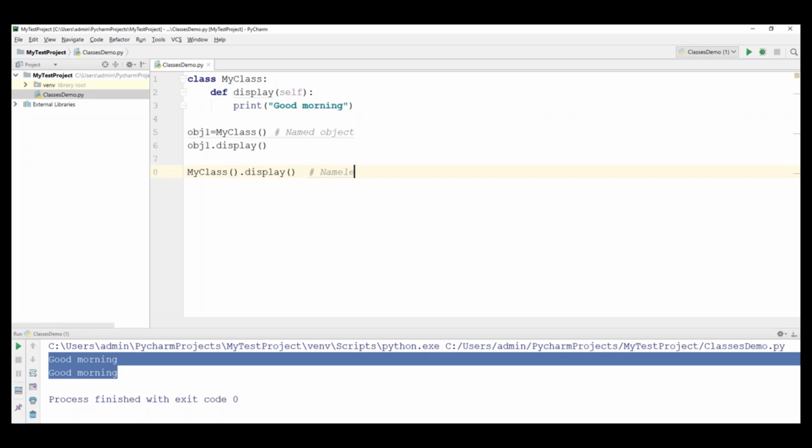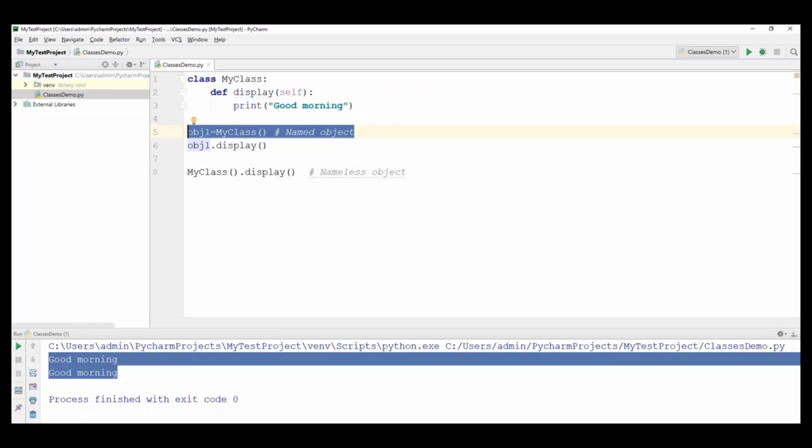So when I create an object and refer to it by using a reference name, it is called a named object, and if I don't specify any reference variable for it, it is called a nameless object. Here we can directly call this method by using the nameless object without creating a reference variable. So this is the basic difference between a named object and a nameless object.